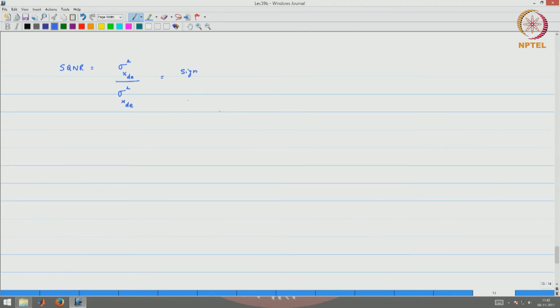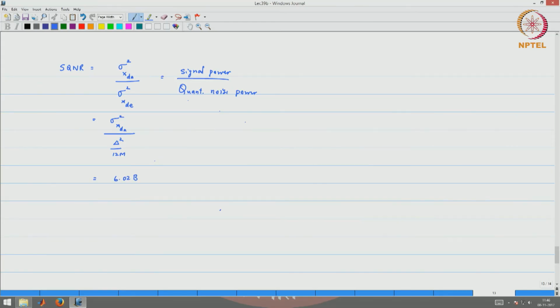So, one step away from a very important result. This comes out to be sigma x dA squared, I leave that as is, divided by delta squared by 12 m. If you write it in dB, this will be 6.02